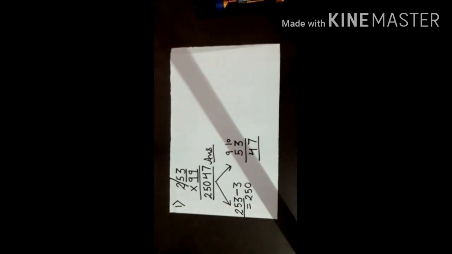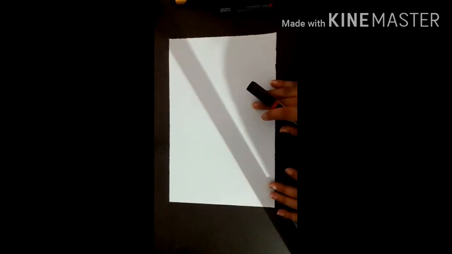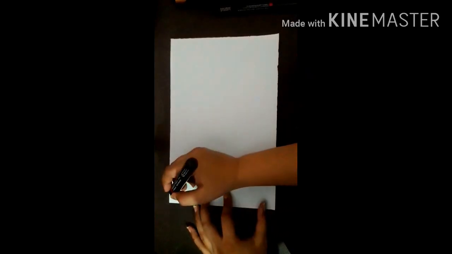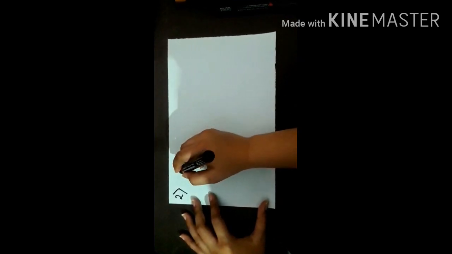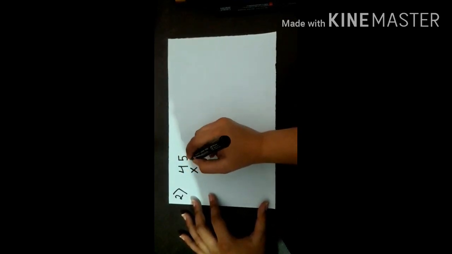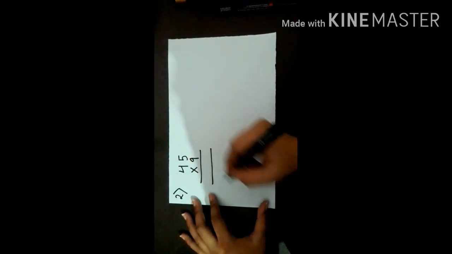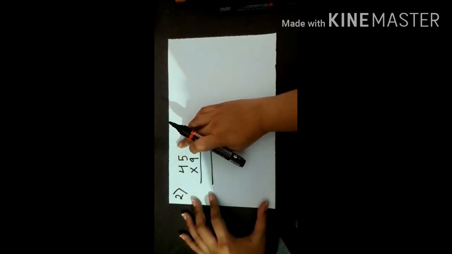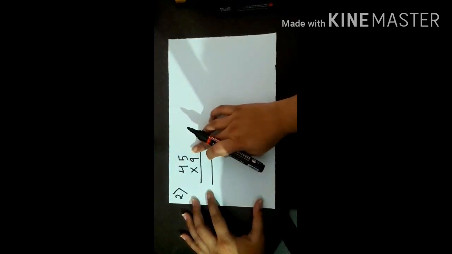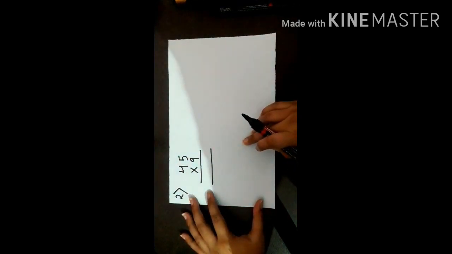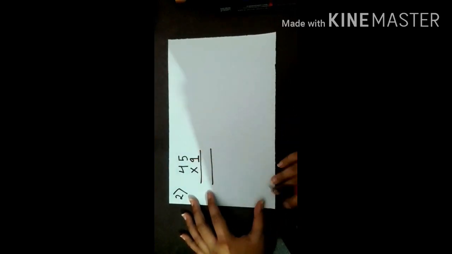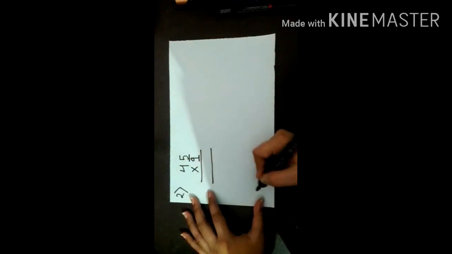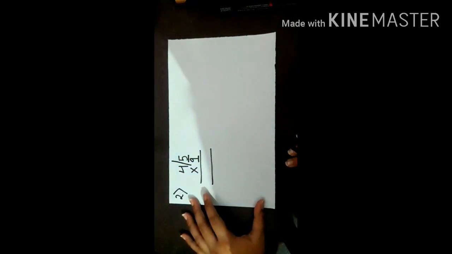I think you are getting this method. We will do some more examples so that you can get this trick better. So now here is our second example. I am taking a small number this time. It is 45 into 9. As I have told you, your multiplicand is a 2-digit number and the multiplier is a 1-digit number, so our trick is applicable in this question. It is a 1-digit number, so here also 1 digit and put one slash.